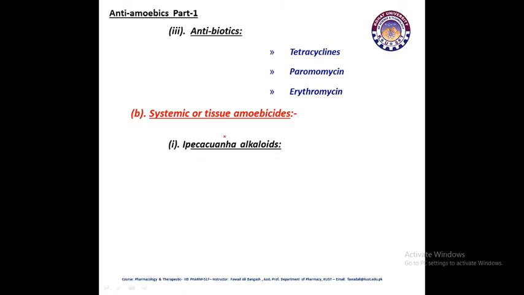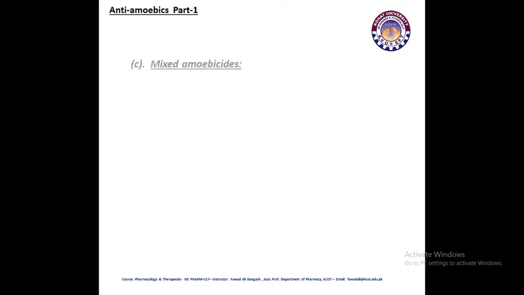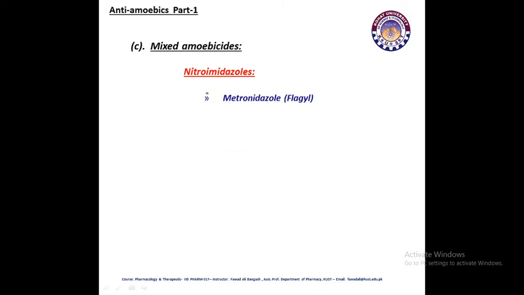So an alkaloid like emetine, dihydroemetine, emetine bismuth iodide, 4-aminoquinoline like chloroquine, mixed amoebicidal agents. They have both luminal action and systemic amoebicidal action. For example, nitroimidazole derivatives like metronidazole, tinidazole,